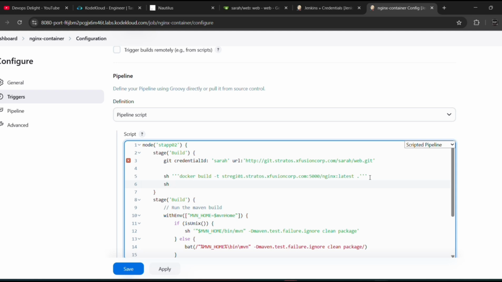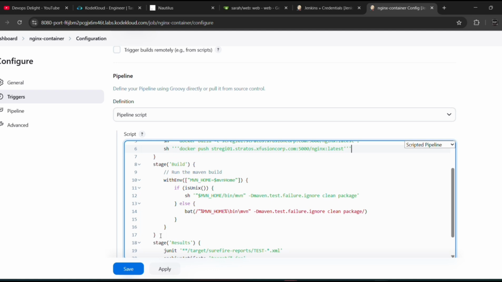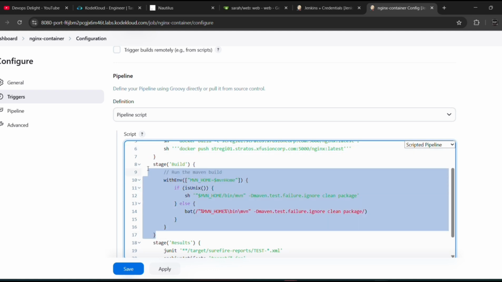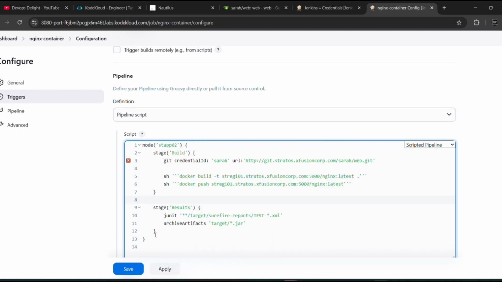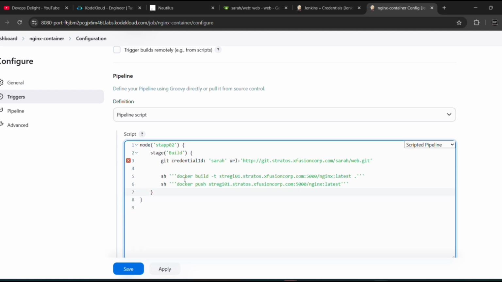Also, we need to push it, right? So docker push, same name, and the remaining stages we don't need, so let me remove all of this stuff. Yeah, that's it. So here basically we are telling this Jenkins master to run this script on the node named stapp02,